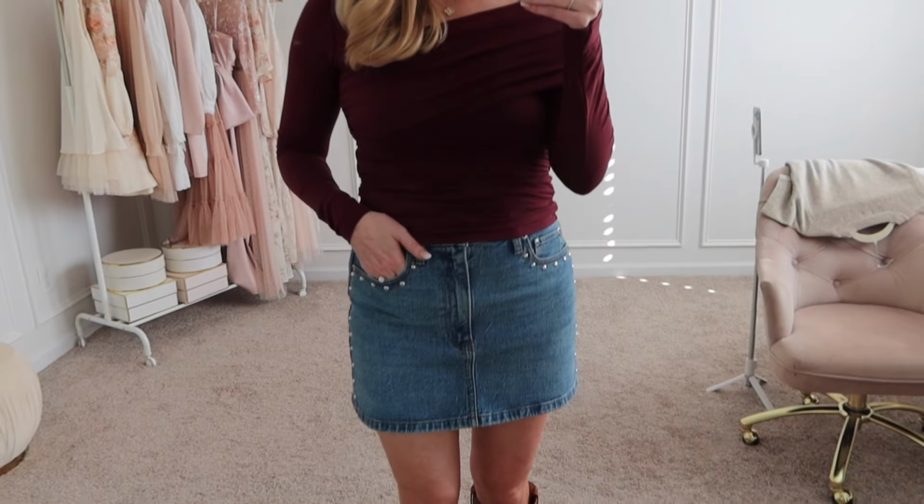I'm wearing a 27. It is a little bit stretchy, so if you're in between, I can be a 27 or a 28. I went with the 27. And then this top I just got out of the wash, so it did wash really well. I wore it, like I said, in Nashville. I'm wearing a size small, and I love this asymmetrical look. I think this would also be really cute if you want to pair it with maxi skirts, even jeans for